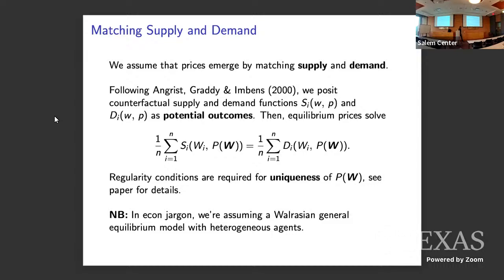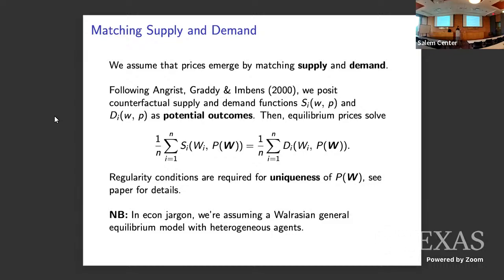With these supply and demand functions, you can think of them generally as the things you have in Econ 101, right? How much are you going to produce of a good? Prices go up, you produce more. How much are you going to consume of a good? Prices go up, you consume less. These lines are going to cross at some point. That's going to form prices.